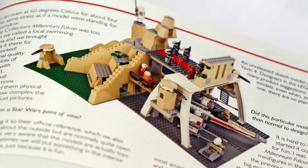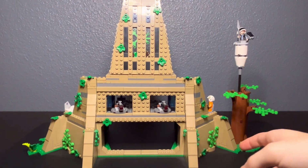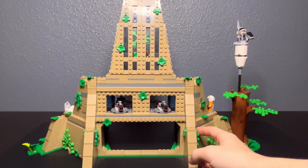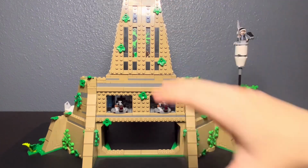That was in light tan, but I like dark tan. I think it does look more accurate in this color. It's more of a neutral, not too bright. I like the leaves they put on it. It's a simple design, but it definitely gives off the impression that there's a lot of wildlife growing around